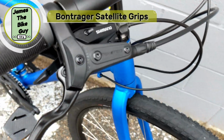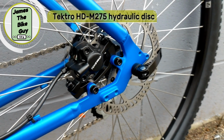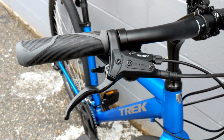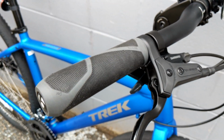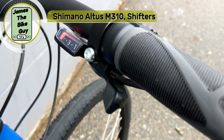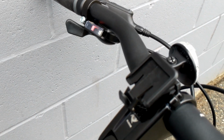And then the real showstopper here on the handlebar is actually these Tektro brakes. So these are Tektro M275 brakes. It's a mineral oil brake, which means it's very low maintenance, and the hand feel is great. These require very little effort to get great stopping power out of, and they operate 160 millimeter rotors on the brakes. Now the shifting is done using Shimano Altus M310 8-speed shifters. That means these are going to be a trigger style shifter, which makes them very easy to operate and very durable. And then the last thing to talk about while we're up top here